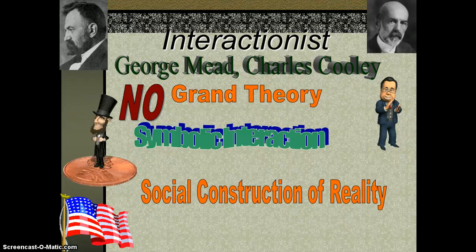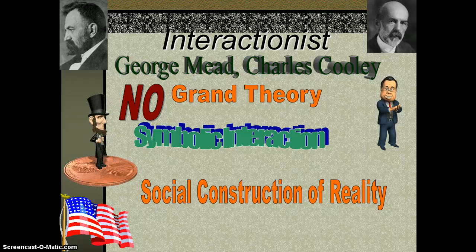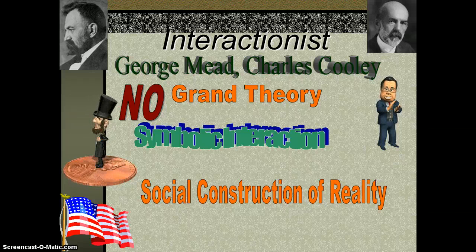So the thing to remember about the Interactionist perspective is that it helps us to analyze where we're at in culture and where we're at in society today, and to evaluate things that are going on in our lives. Now, does it give us a grand theory of society? No, it doesn't. But it does help us to understand the things that are going on around us today. Okay, so that's a totally different approach than the conflict and the functionalist perspectives.